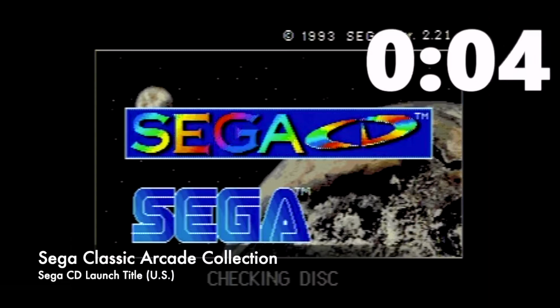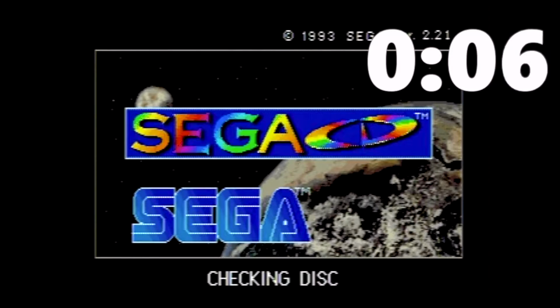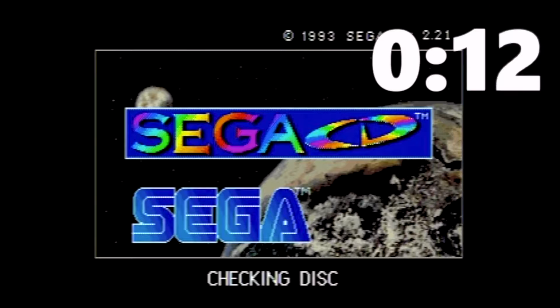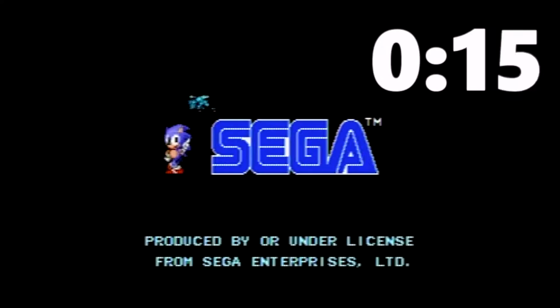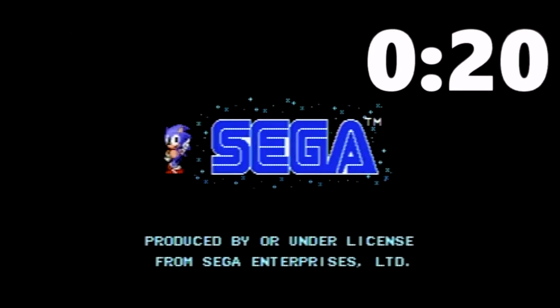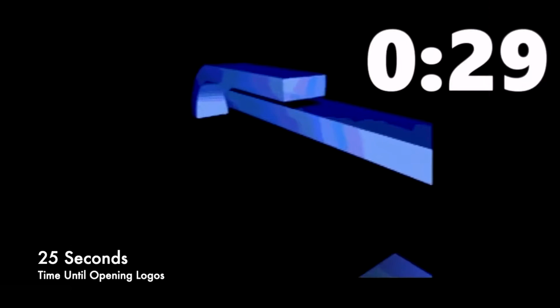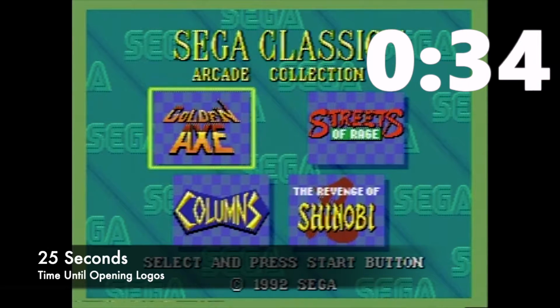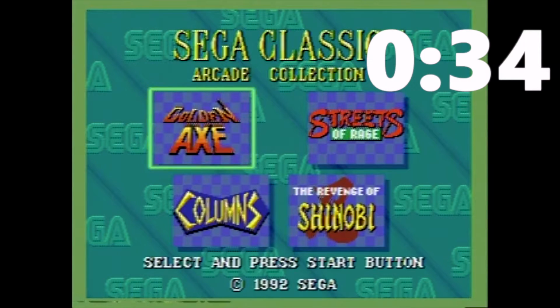I'm going to start out by showing you the boot process in real time. As you can see, it takes about 25 seconds for the console to actually boot into the opening logos. And depending on the game developer, you could either skip the videos or you had to watch them each time you booted the game. Thankfully in this case, Sega had a very short intro and we topped out at about